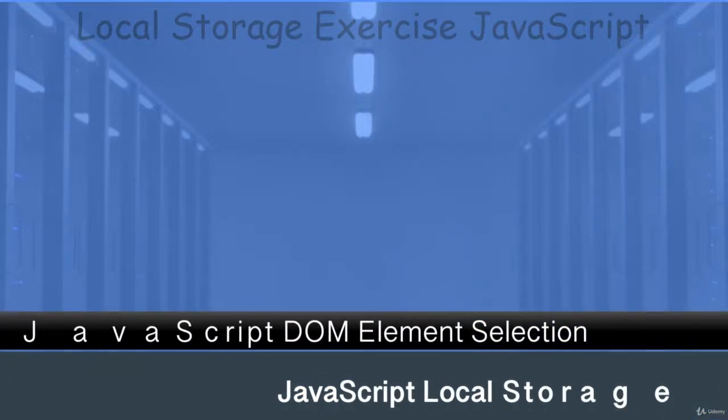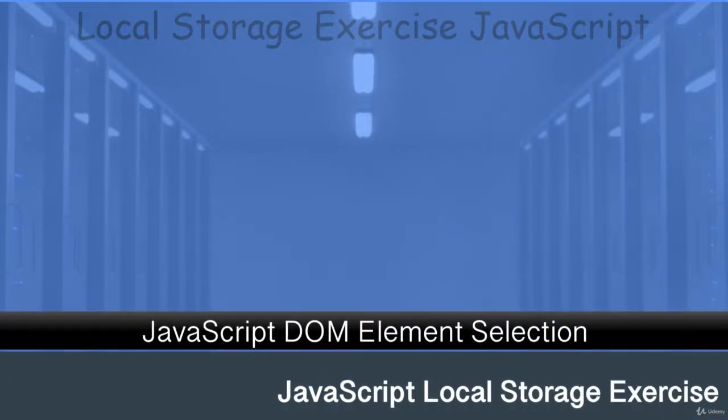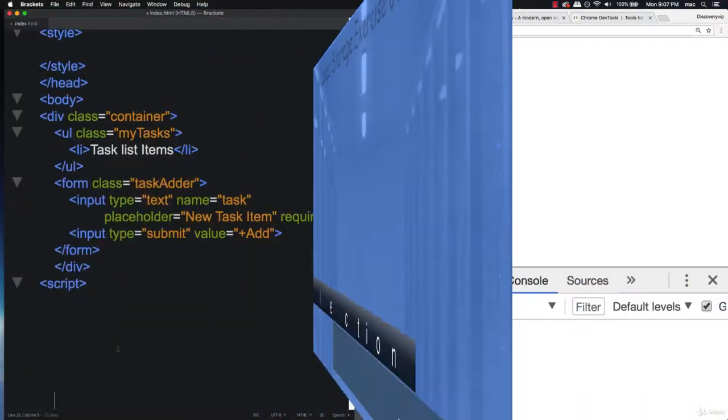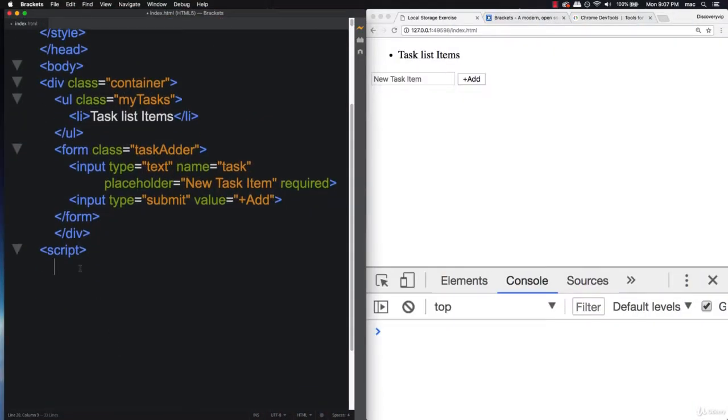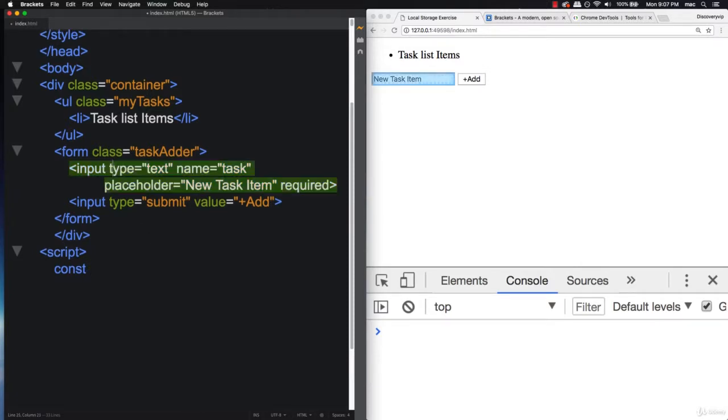The next thing that we need to do, now that we've set up our HTML, is to be able to select the elements that we want to use within our code, and we place them into our objects. So we've got one item over here, which is that entire form that we just created. So that's the task adder. So let's go ahead and we'll just give it a value of task adder, and we're going to select it